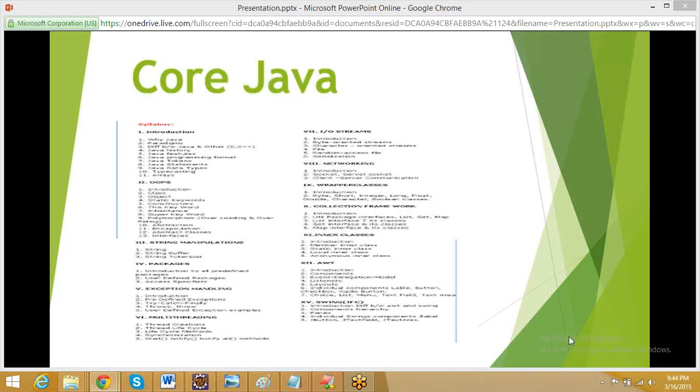Okay, and some of the topics here: the collection framework. What is the collection framework? There are a lot of collection frameworks from legacy systems to the present, including the latest ones we are using. It will cover everything. And some of the topics in networking, like CCNA, CCNP, will be covered in the core Java topics. Everything will be covered in core Java.